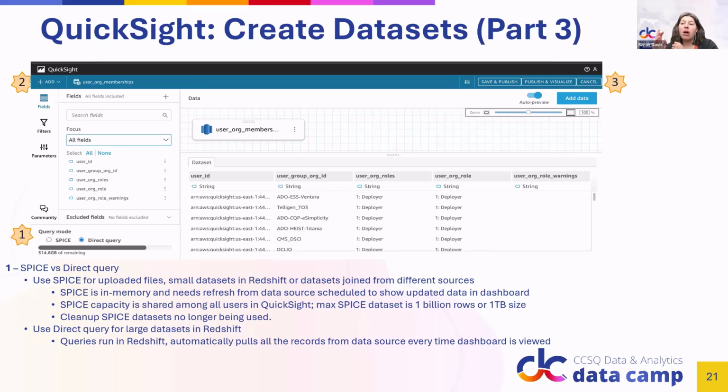It also automatically pulls in the latest version of data. So if you're using Redshift from your CDR S3 bucket, as long as that data in that bucket has been updated, it will automatically go through Redshift and automatically show the latest version of data in your dashboard without having to schedule anything.